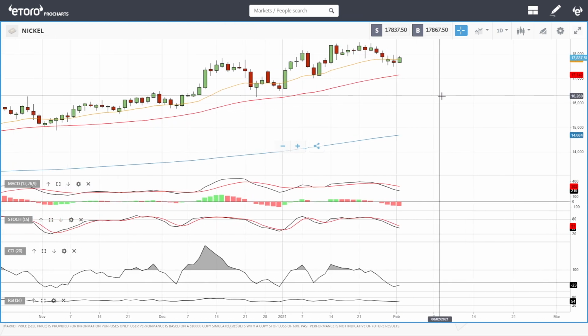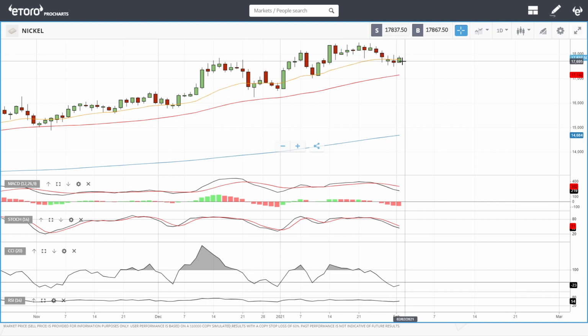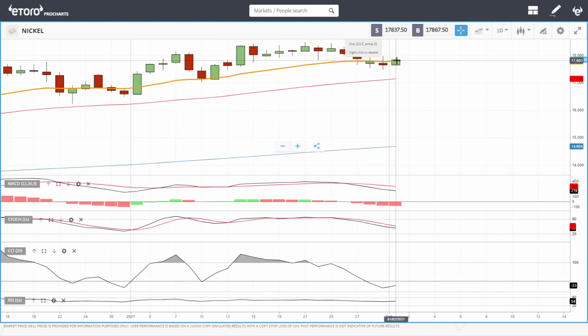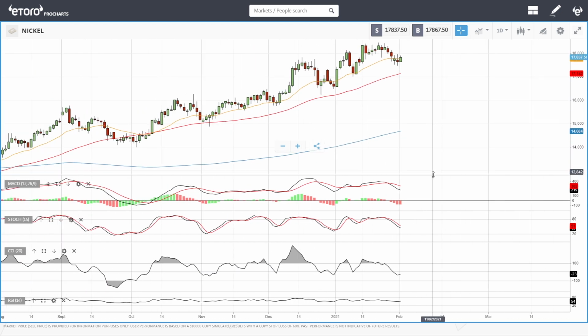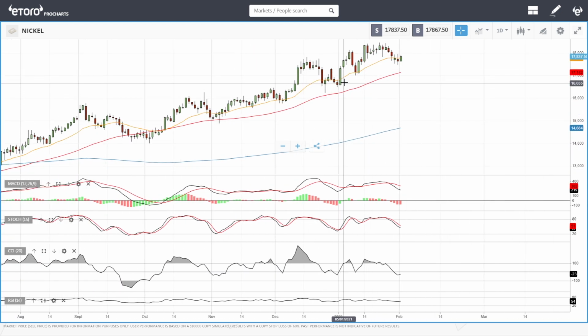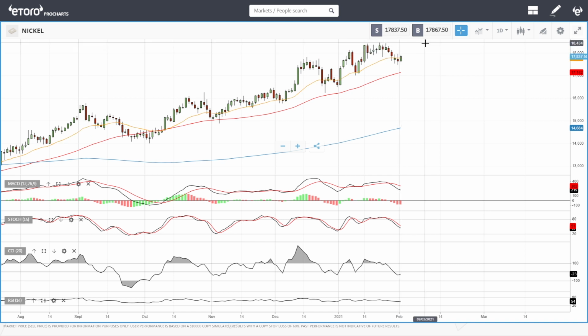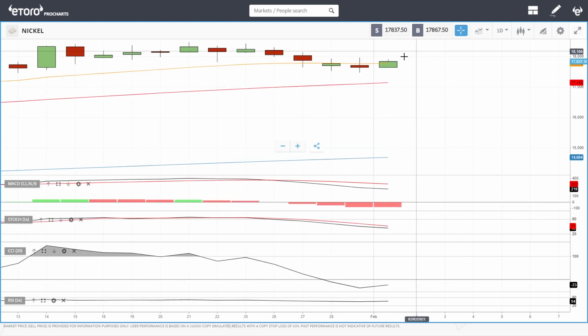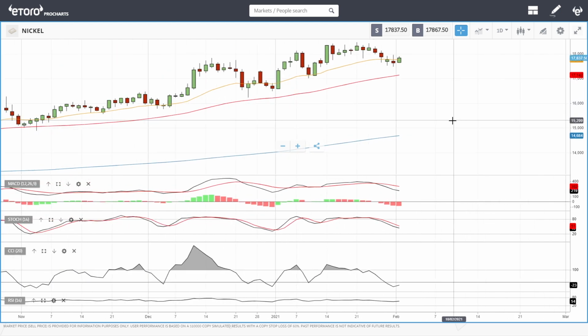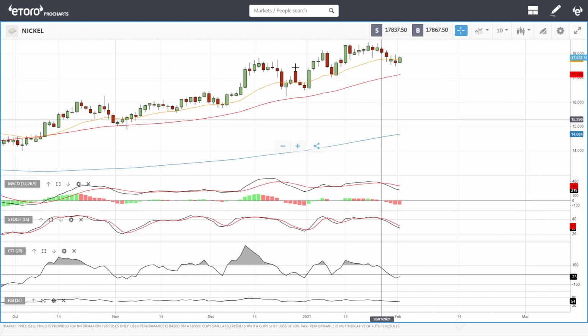So as you can see, we have touched down underneath the 20 exponential. We have rallied above the 20, and now we're trading above the 20. So this is a very encouraging sign. This basically looks like a move like this one. So if we get an opening tomorrow, which is very bullish, then that is a very good sign that we are probably going to test 18,434. Technical indicators are turning around, so this is a fairly bullish sign, also because we are above the 20 exponential, but we need another candlestick above here in order to determine that we are actually going to go higher.